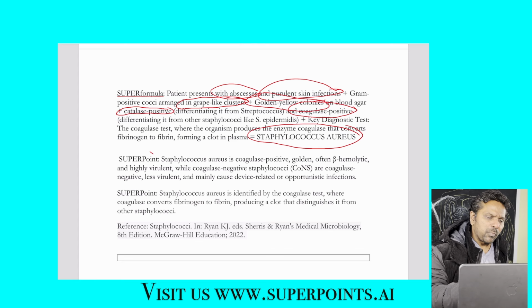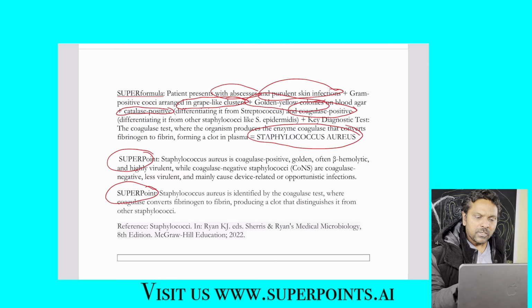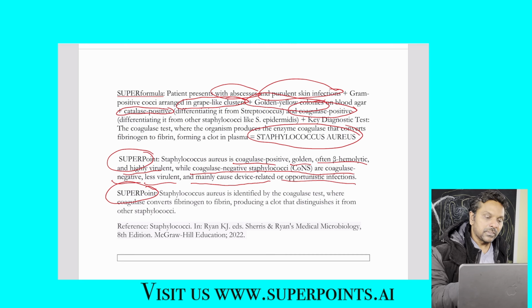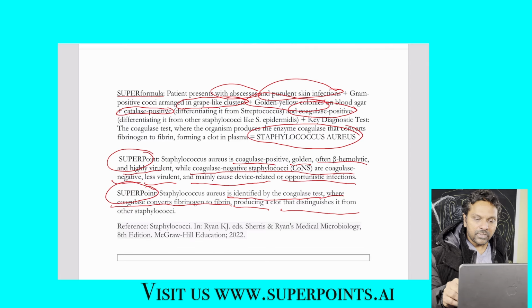So what is the SUPERPoints here? I want to give you 2 SUPERPoints here. Staphylococcus aureus is coagulase positive, golden, often beta-hemolytic, highly virulent, while coagulase negative staphylococci are coagulase negative, less virulent, mainly cause device-related or opportunistic infections. Staphylococcus aureus is identified by the coagulase test, where coagulase converts fibrinogen to fibrin, producing a clot that distinguishes it